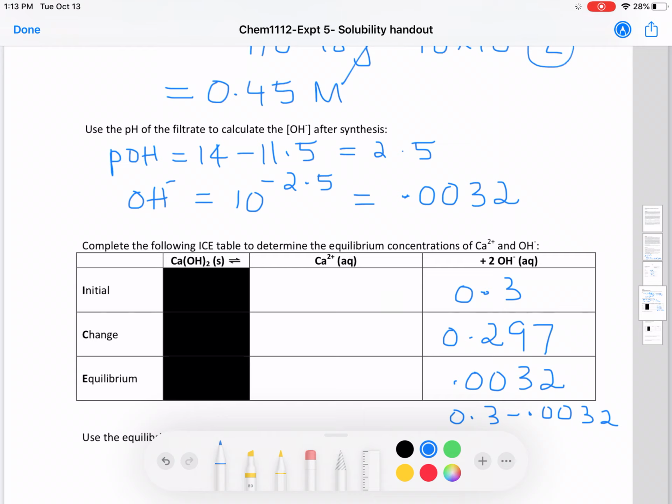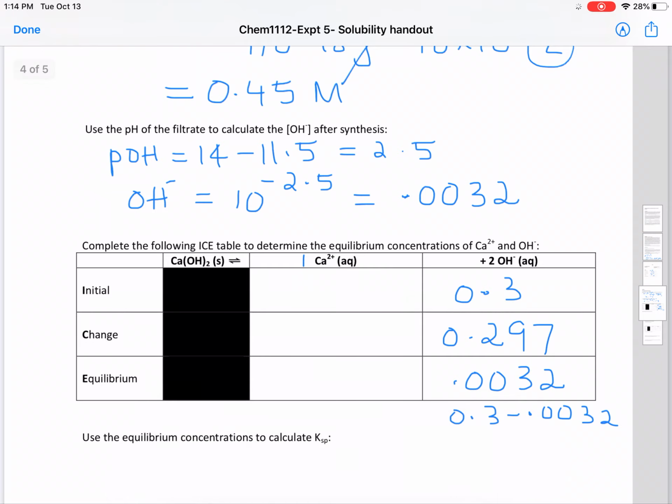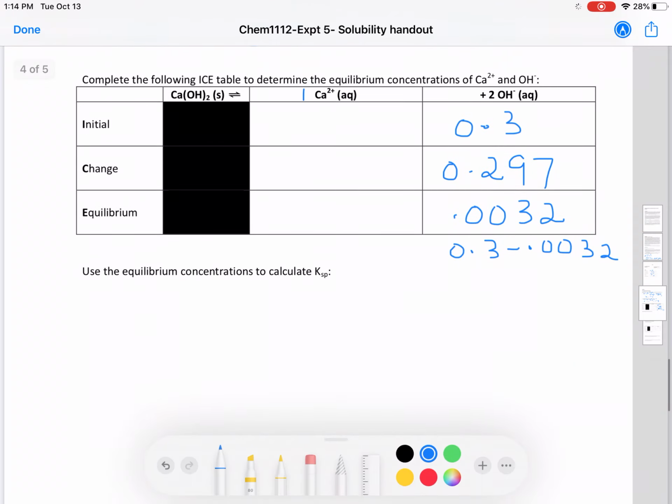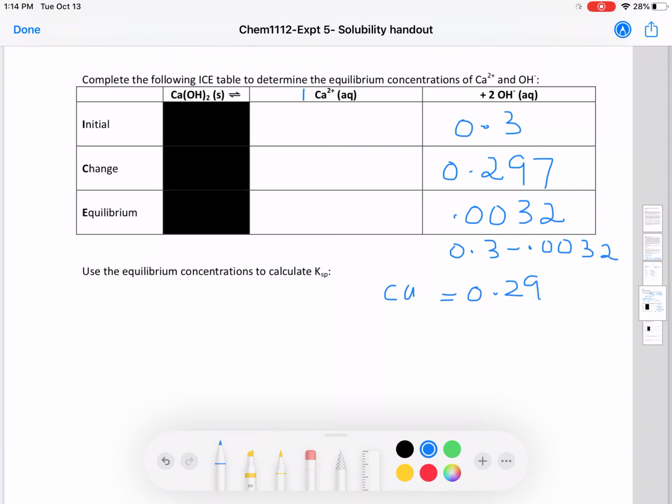0.297. That's the change of hydroxide. You see the ratio, molar ratio is 1 to 2. If the change of hydroxide is 0.297, then the change of the calcium ions would be 0.297 divided by 2. That's the change, right? So 0.297 divided by 2, 0.149. Say 0.148. So the change is going to be